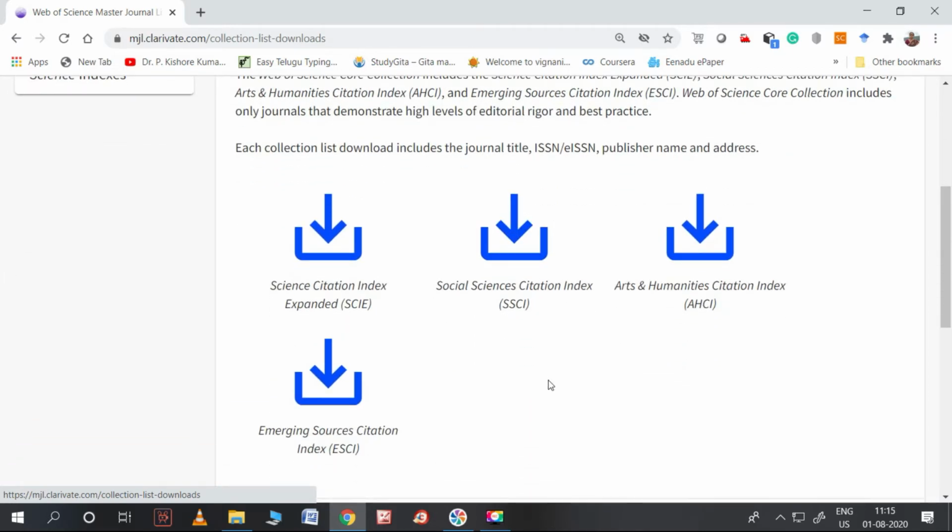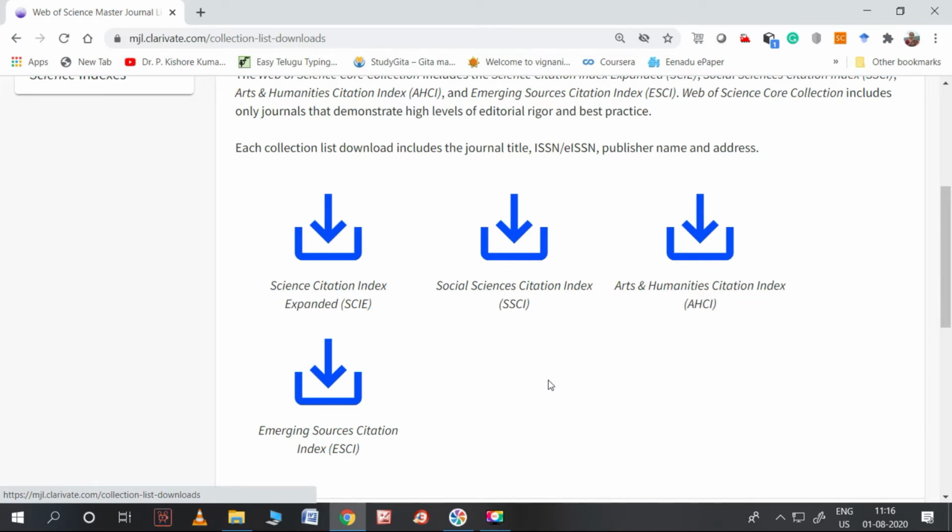As we have discussed in research publications, there are so many types of journals: SCI journals, Science Citation Indexed journals, Science Citation Index Expanded journals, SCIE, Scopus indexed journals, and maybe Emerging Sources Citation Index journals. These are some of the journal types we have discussed in the previous videos also. For further action, you can refer to those videos, and the links of those videos will be displayed in the description box of this video, so you can simply switch to those videos also.